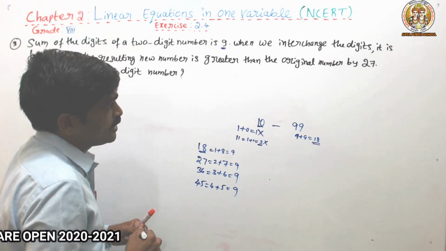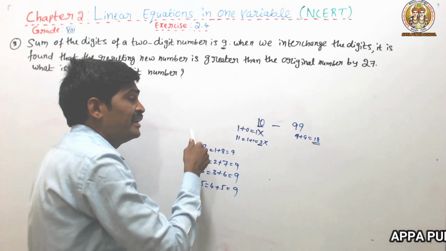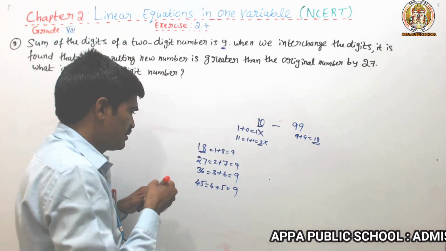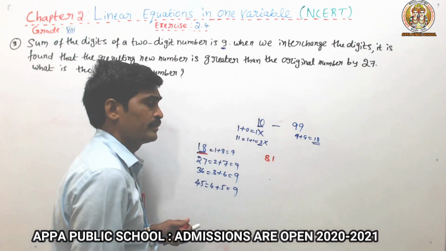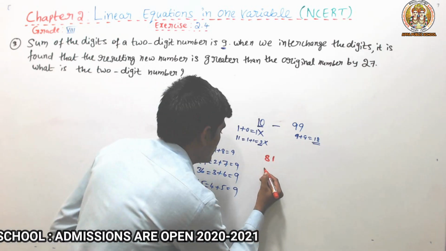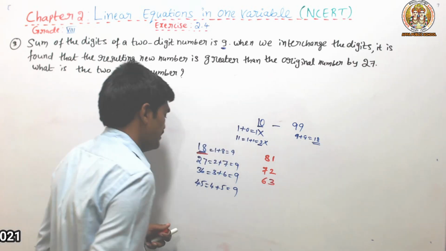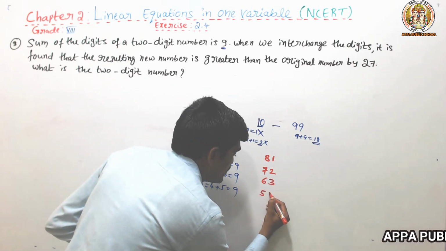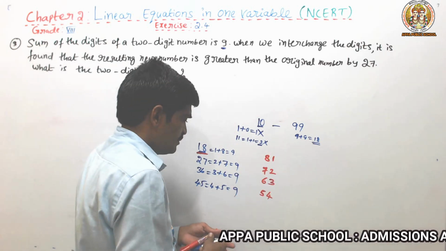Sir, they given in the statement interchange. Suppose 18 interchange. If we interchange 18, this should be 81. 27 interchange should be 72. 36 interchange, it should be 63. 45 interchange, 54 possible. Again, my dear students, if we add 8 plus 1,